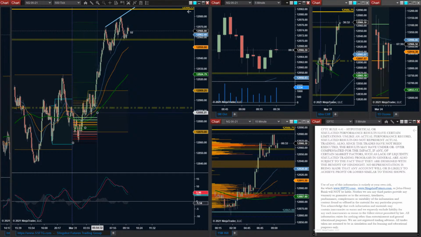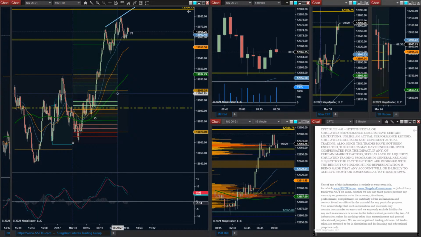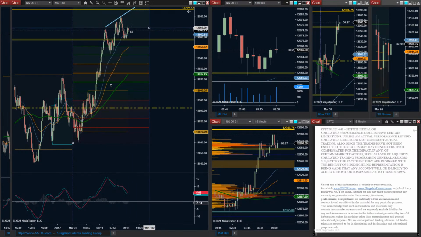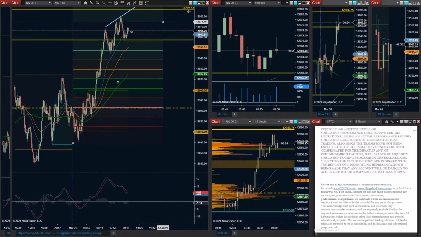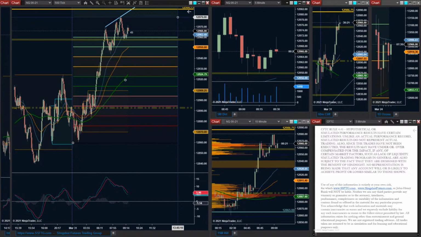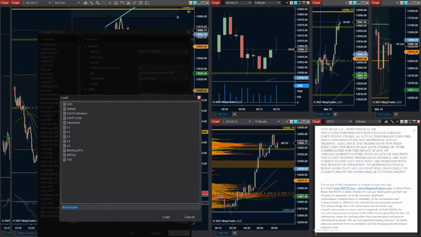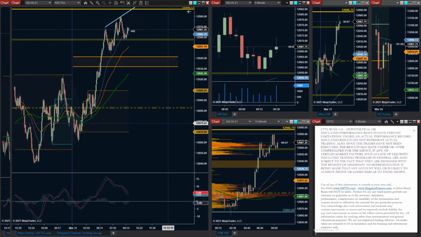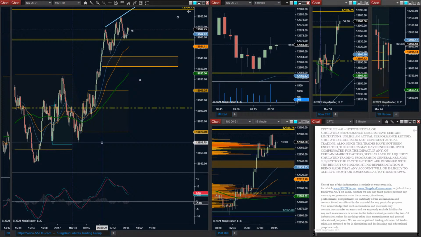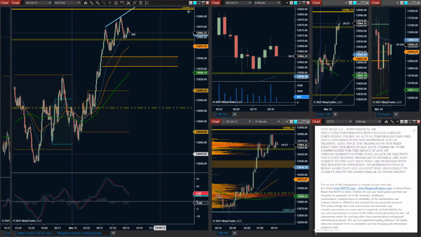Looking on the faster perspective, started off with a rotation to the upside, L3, continues up. Oh, there we go. We got the L1 and L1. So they're currently fighting over an L1. And 12,940 would be the L2 pullback. So this is fitting, I mean, literally perfectly for a TU-L2 pattern to the upside. You know, I don't think we could ask for a better situation. Doesn't mean it's going to work, but going into the open.